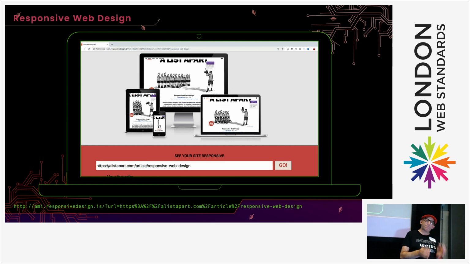Up until this point, every client would go, no, it has to look the same on every single thing. It has to look the same on this machine and this machine and this device. And as soon as this came out, we could say, no, it doesn't. So that was a game changer.